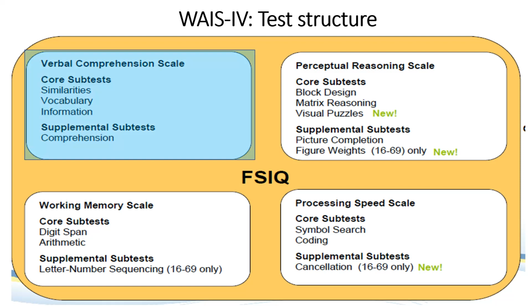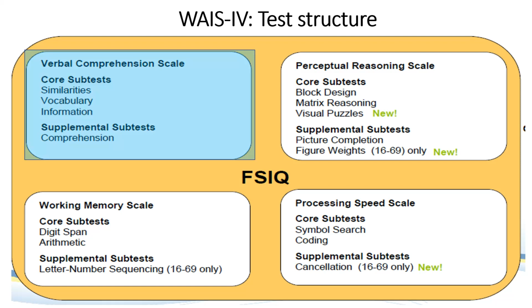In the previous lecture, that is part 1, I discussed this verbal comprehension scale and the core as well as the supplemental test. Today, I will discuss the remaining three scales, that is perceptual reasoning scale, working memory scale, and processing speed scales, all the core and supplemental subtests, what they measure, what are the factors that can influence the test scores, and the clinical consideration that will include both quantitative as well as qualitative analysis.